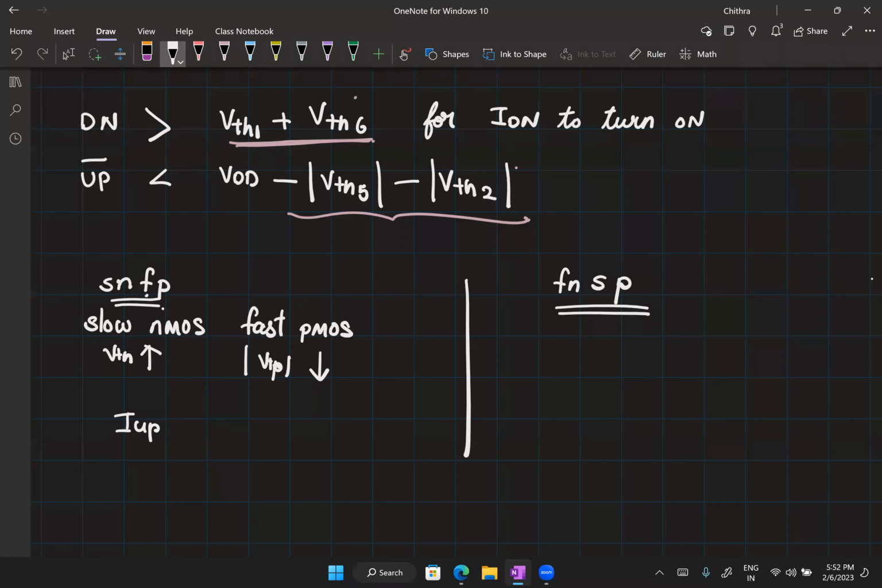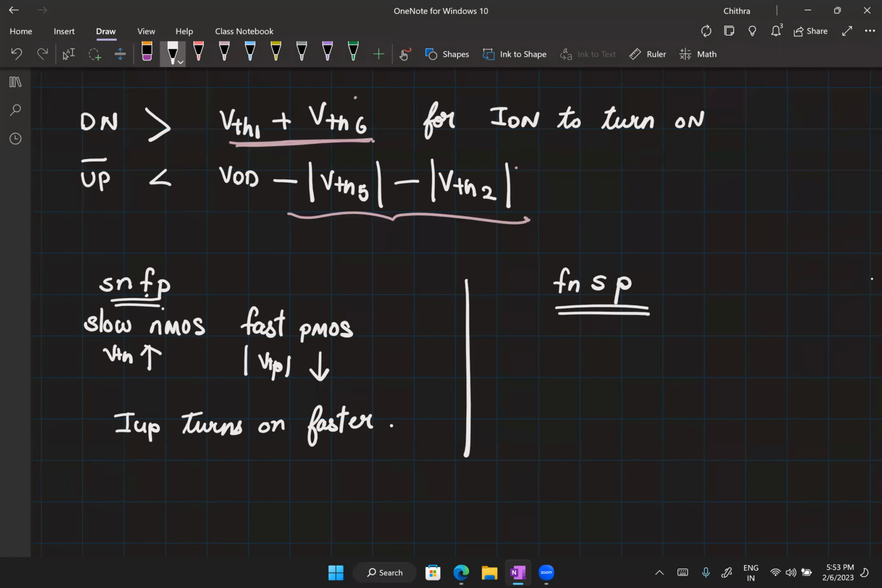So the up current is going to turn on faster than the down current. Now, if it came in the FNSP corner, it will be the reverse. You can't design for all corners together unless you think of a special algorithm or special calibration circuit or some feedback, right? Without that, our best approach would be to design for the TT corner